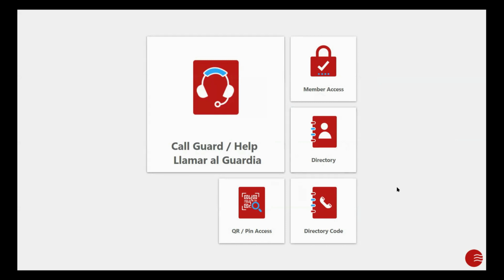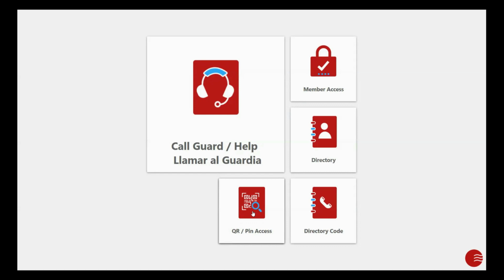So the big thing I talked about earlier is everybody having a guinea pig to use. This will be the feature you use, the QR and PIN access. As Annie said, visitors can just automatically scan that QR code and it'll open the gate. But you also remember me digging in and showing you the PIN code. Look at it like this. If me and my family came to visit you for the weekend